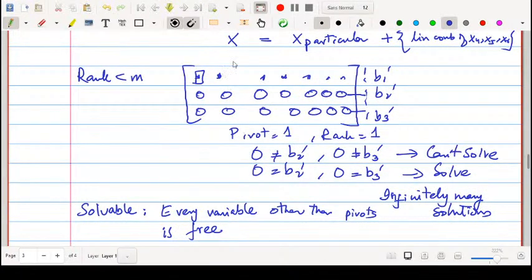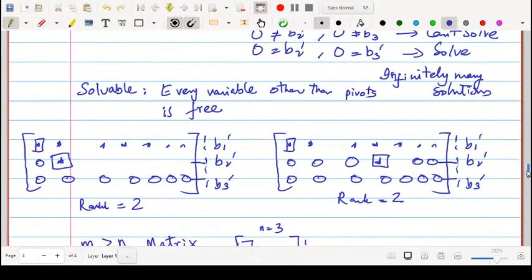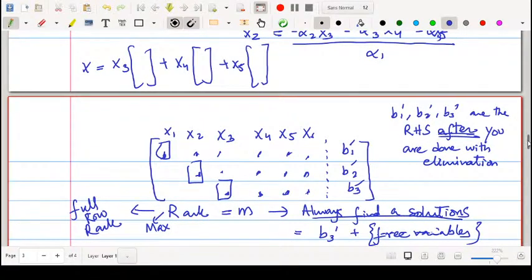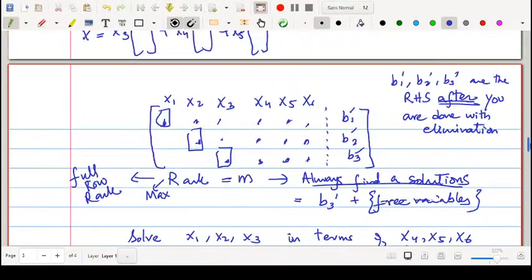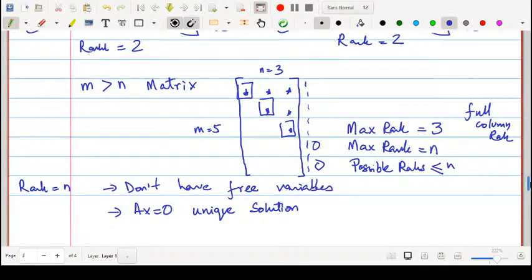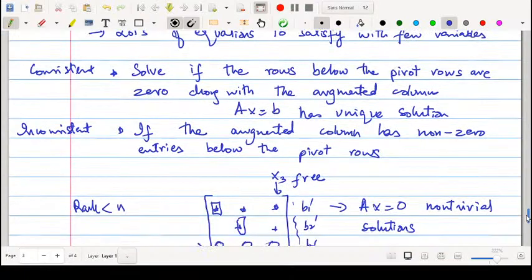when one of those rows becomes 0, right? This row becomes 0, this row becomes 0. In that case, you might be able to solve it, or you might not be able to solve it, right? But if you get a full rank wide matrix, then you'll always be able to solve it, right? And the tall matrices we just talked about, right? So full rank can be equal to the number of rows, but then you still get some conditions to be satisfied, right? That's the entire theory about